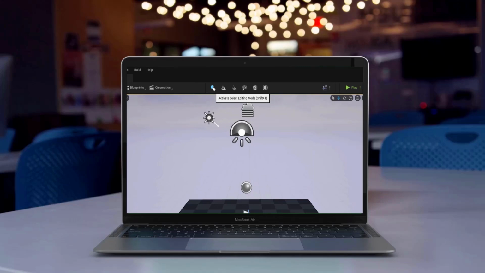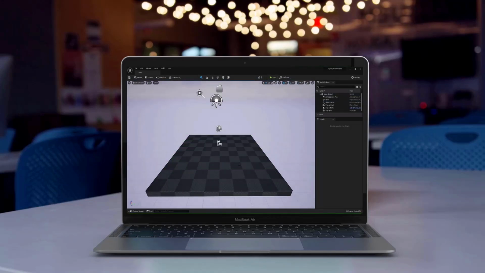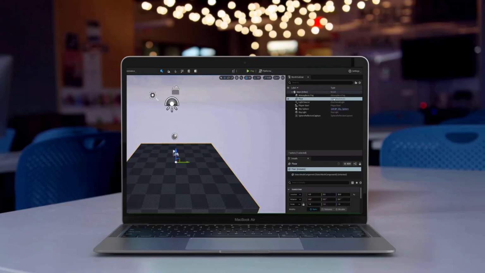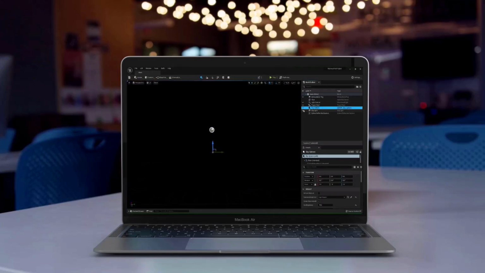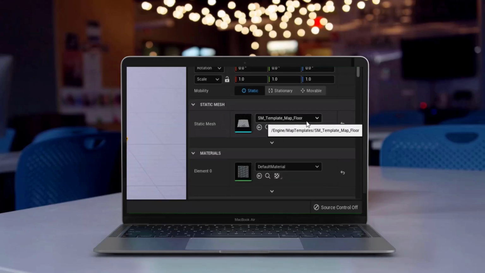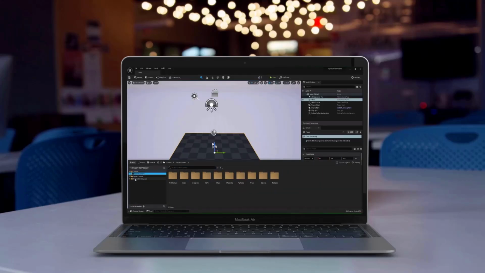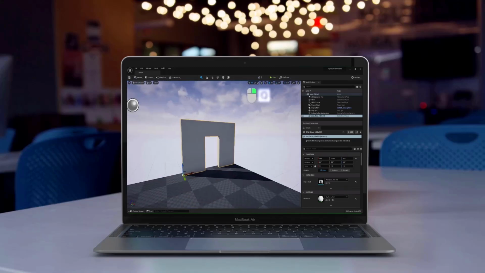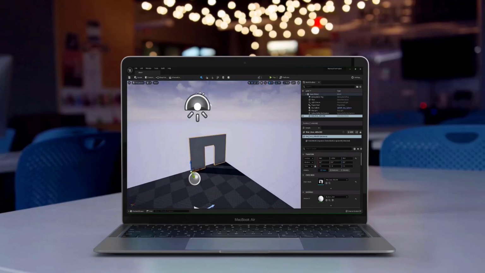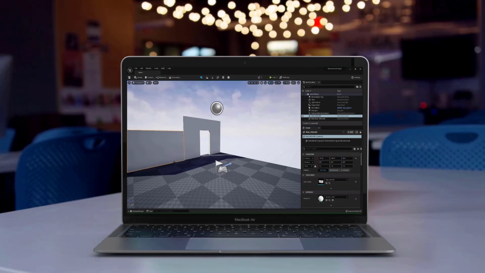Unreal Engine 5 is the next major evolution of Unreal used for games, real-time visualizations, and immersive interactive experiences. It empowers artists and creators across all industries to achieve stunning real-time 3D content with greater fidelity and flexibility than ever before. This series of videos will walk you through the basics of Unreal Engine 5 and explain how to